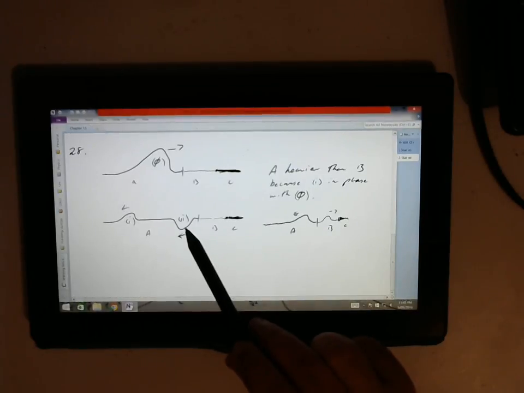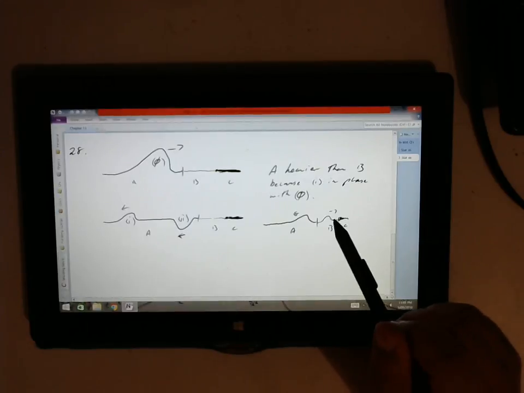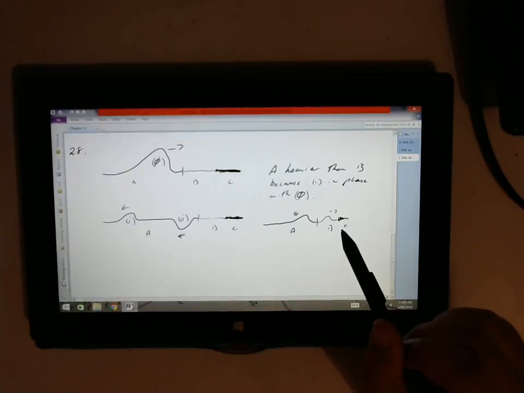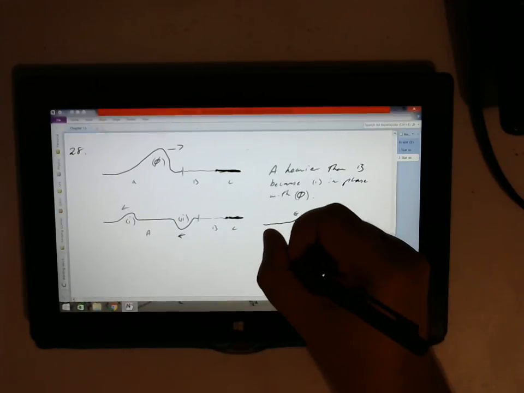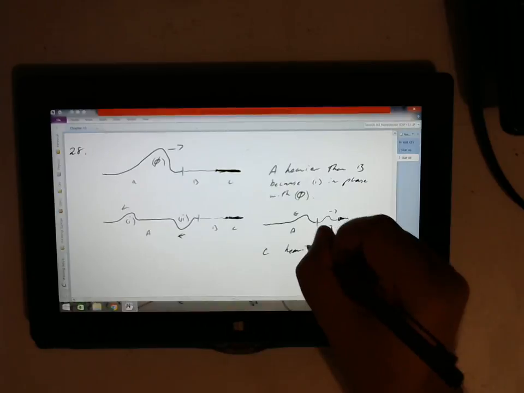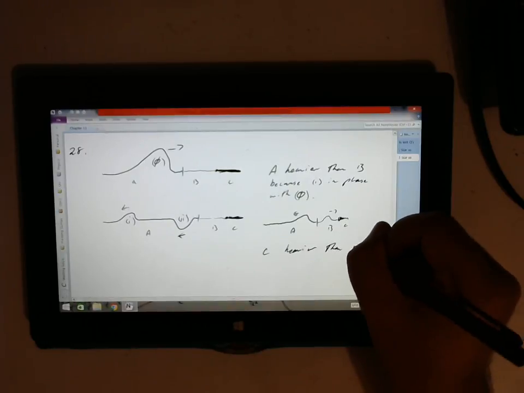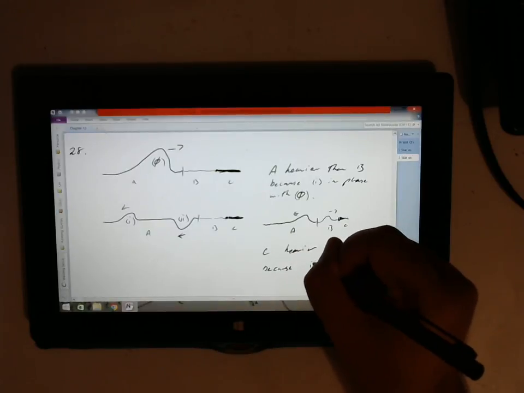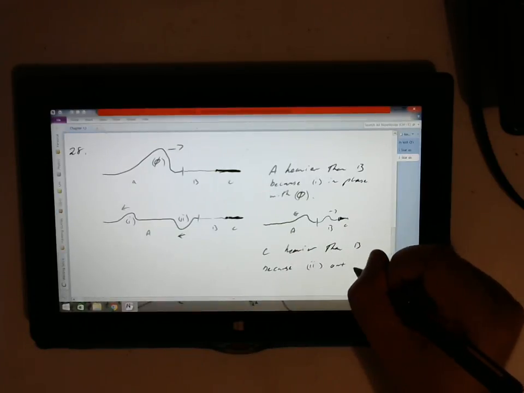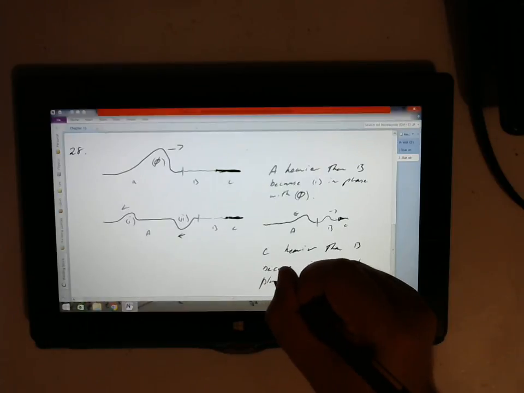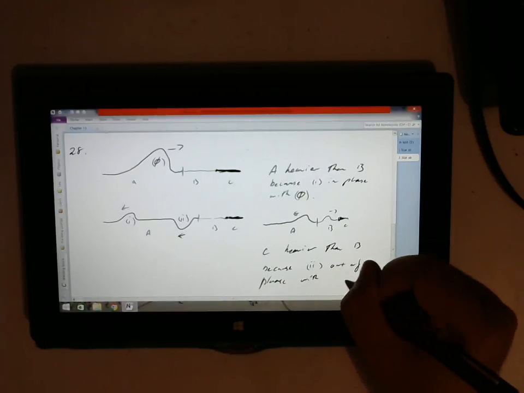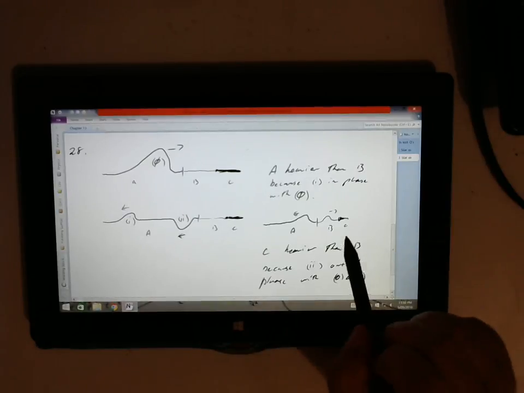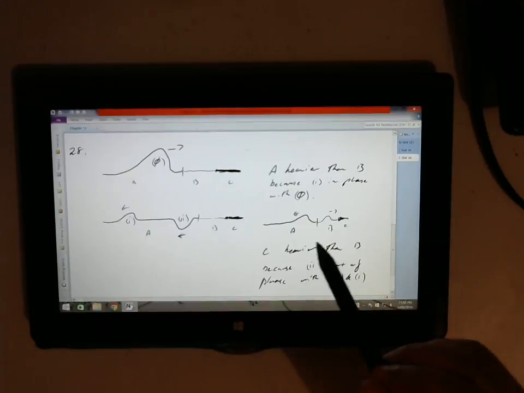But our second wave is upside down, which means that this had to get reflected and reversed, which definitely tells us that C is heavier. Okay, so C is heavier than B because 2 is out of phase with 0 and 1. When this wave would have hit here, because it's going from a